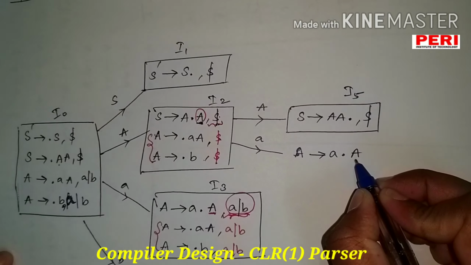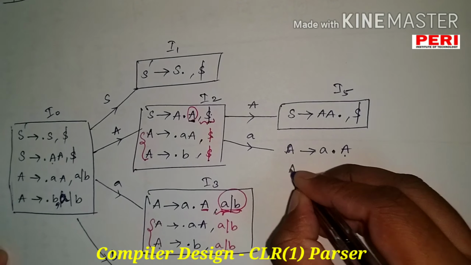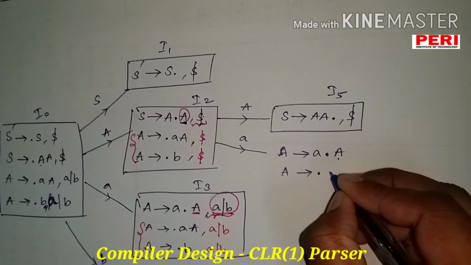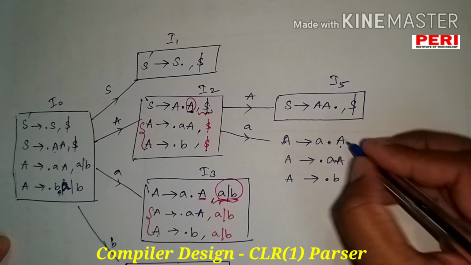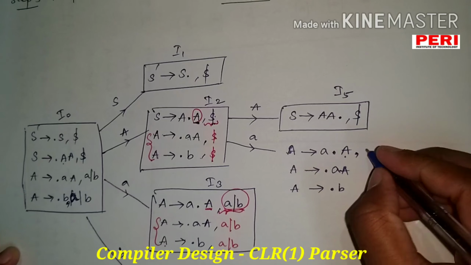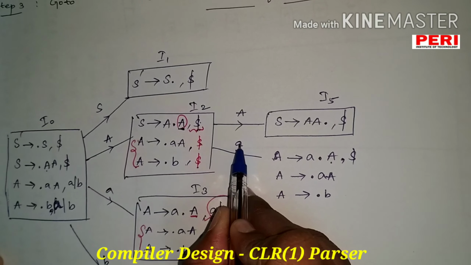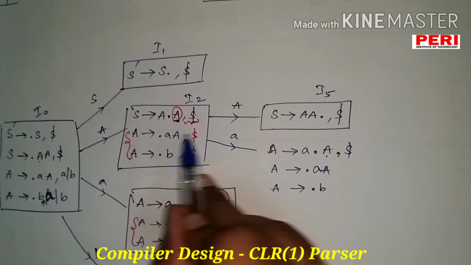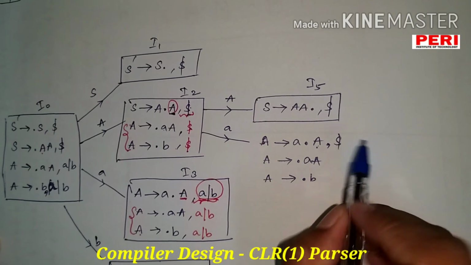So here I have capital A which is following the dot symbol, therefore I will be adding the productions of capital A. Dot A tends to dot B. So here my look ahead will be the same look ahead. Since I am taking the same production, the look ahead will be dollar here as usual. A tends to, for this production, on traversing on small a, the dot moves to the next position, therefore A dot capital A, comma, the look ahead is dollar, so I have taken dollar as such.